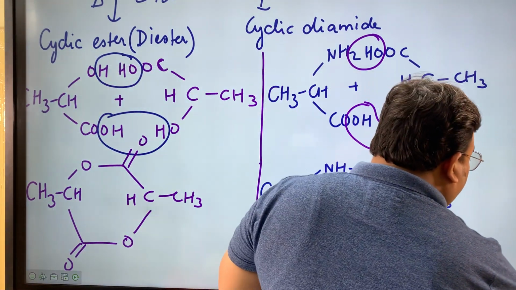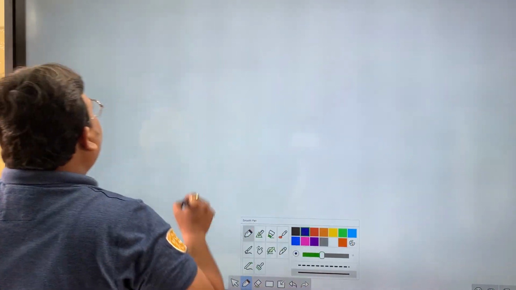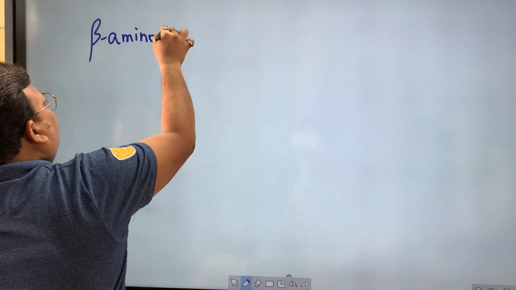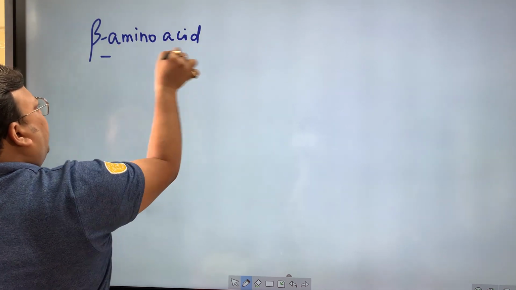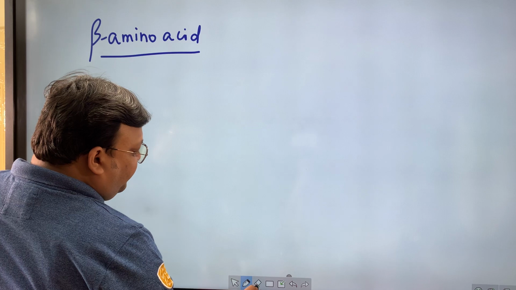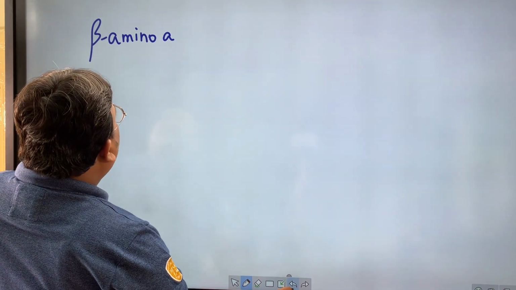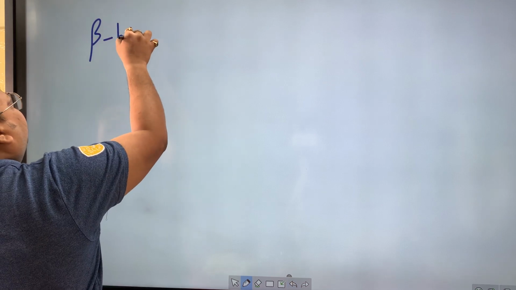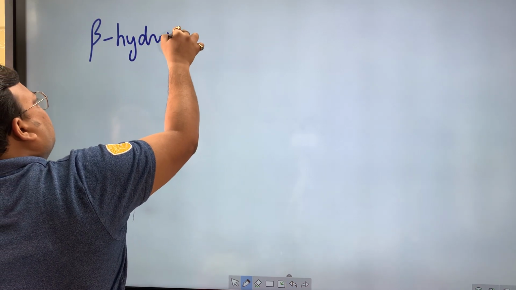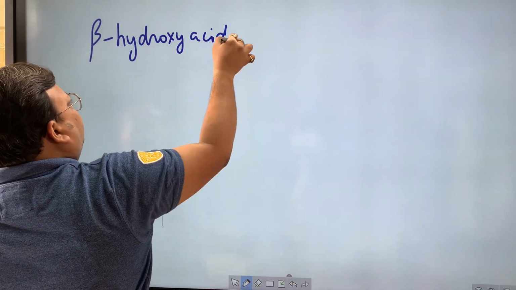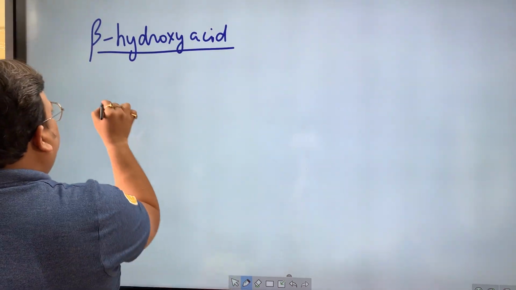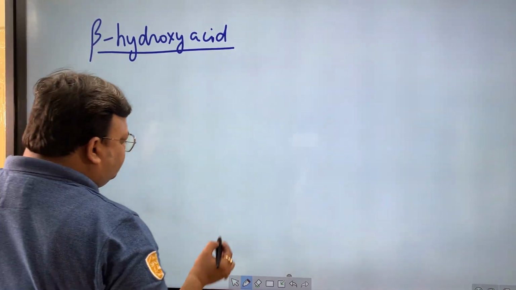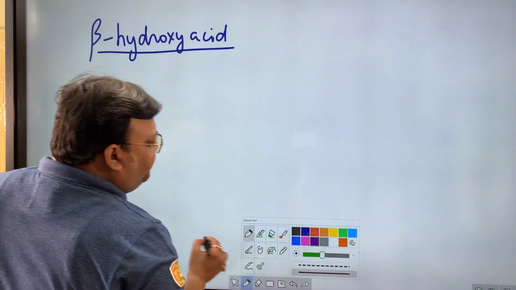We'll want to move to beta hydroxy acids and amino acids now. So when I call it a beta amino acid, or a beta hydroxy acid, I'll talk about hydroxy first. When I call it a beta hydroxy acid, this time OH is at beta position. Alpha, beta, gamma, delta is the natural sequence. So this would look like